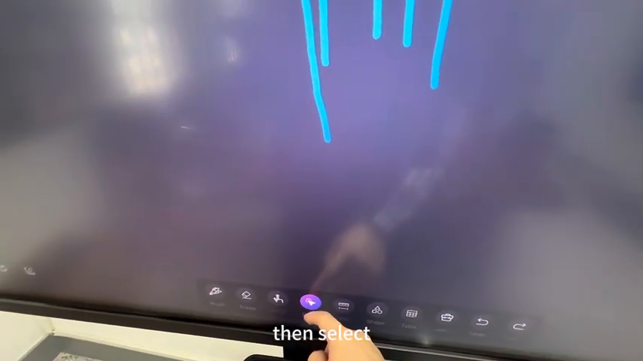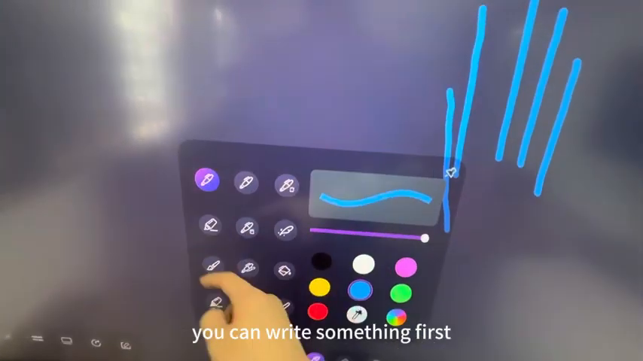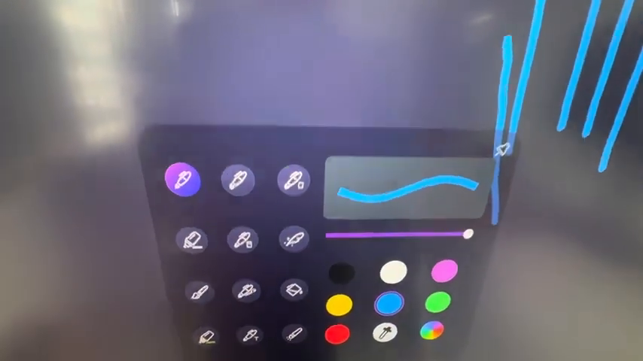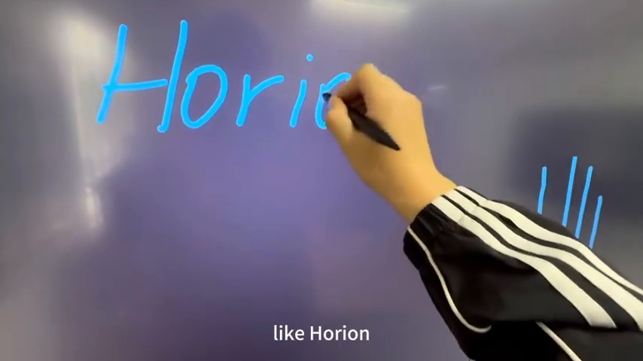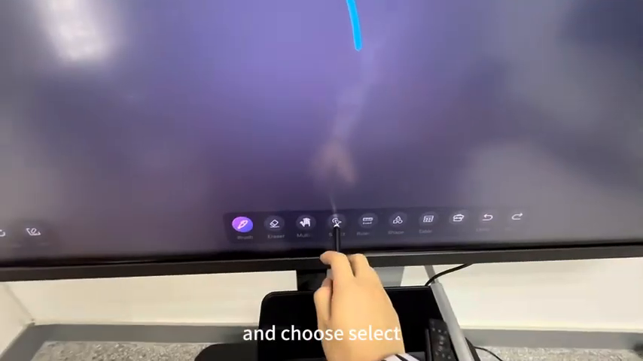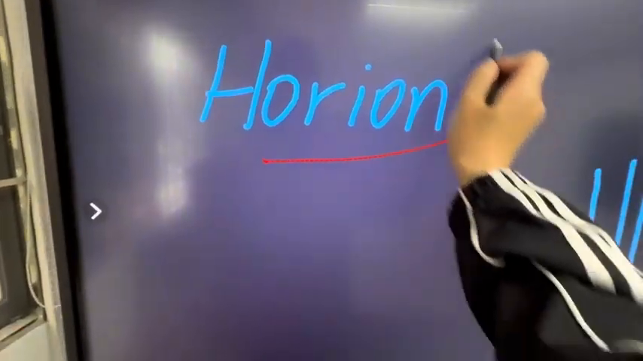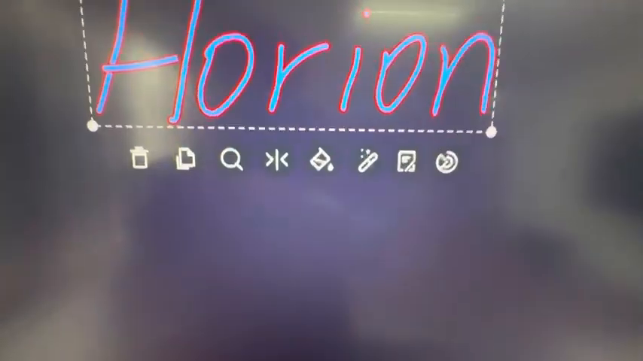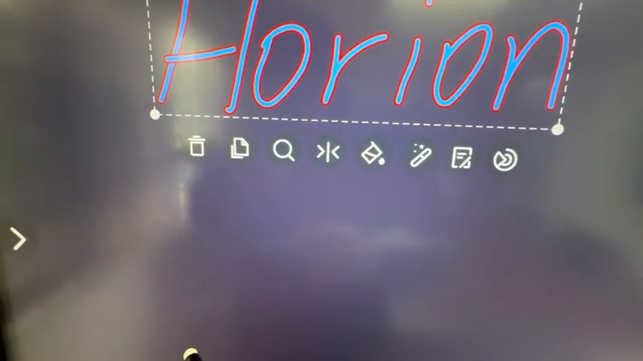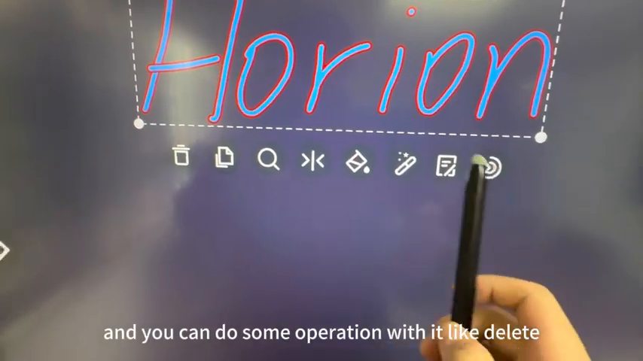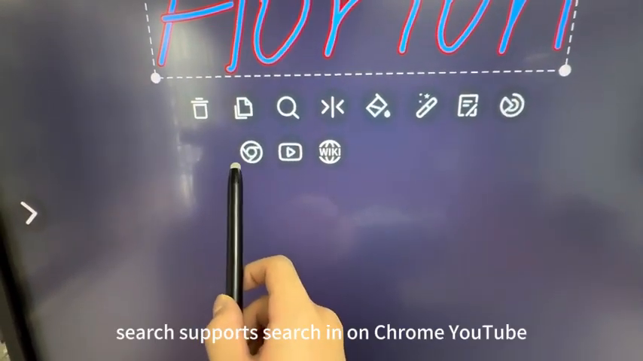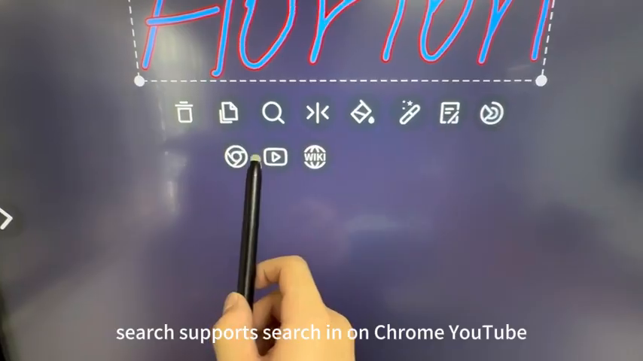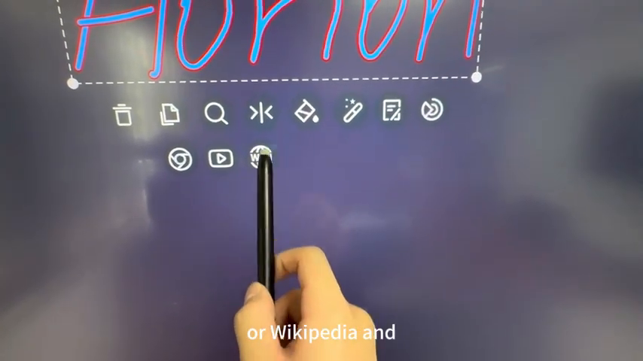Then, select. You can write something first, like Horin, and choose select to select Horin. And you can do some operations with it like delete, copy and paste, search. Search supports search on Chrome, YouTube, or Wikipedia, and